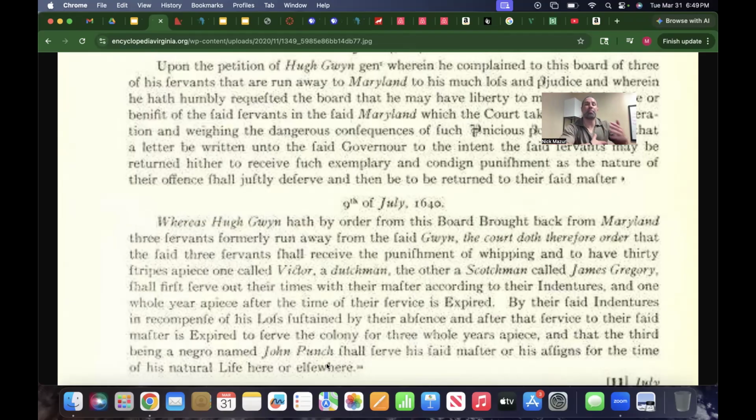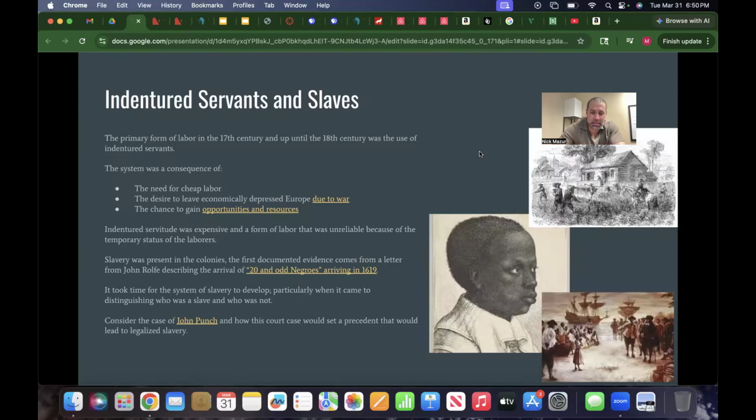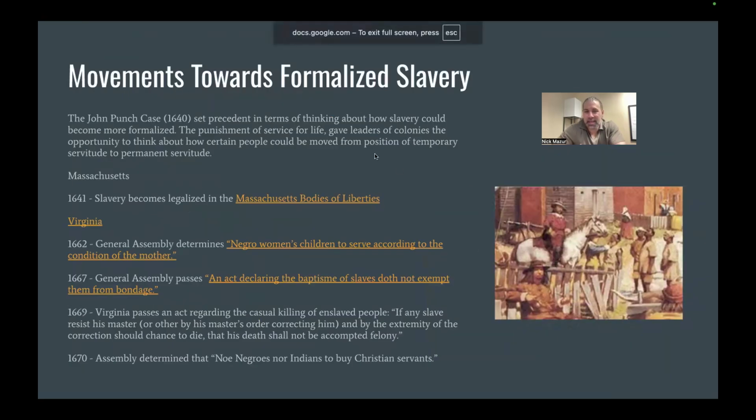So we know that things have been building. We know that there's been slaves in the New World. We know that these economies are starting to develop. We know that people are practicing slavery in various degrees and forms. But now we have an actual precedent, which says that slavery can be permanent. It can be for life. That is very crucial for us to understand when we're thinking about slavery, because what that does is it starts to formalize the system.